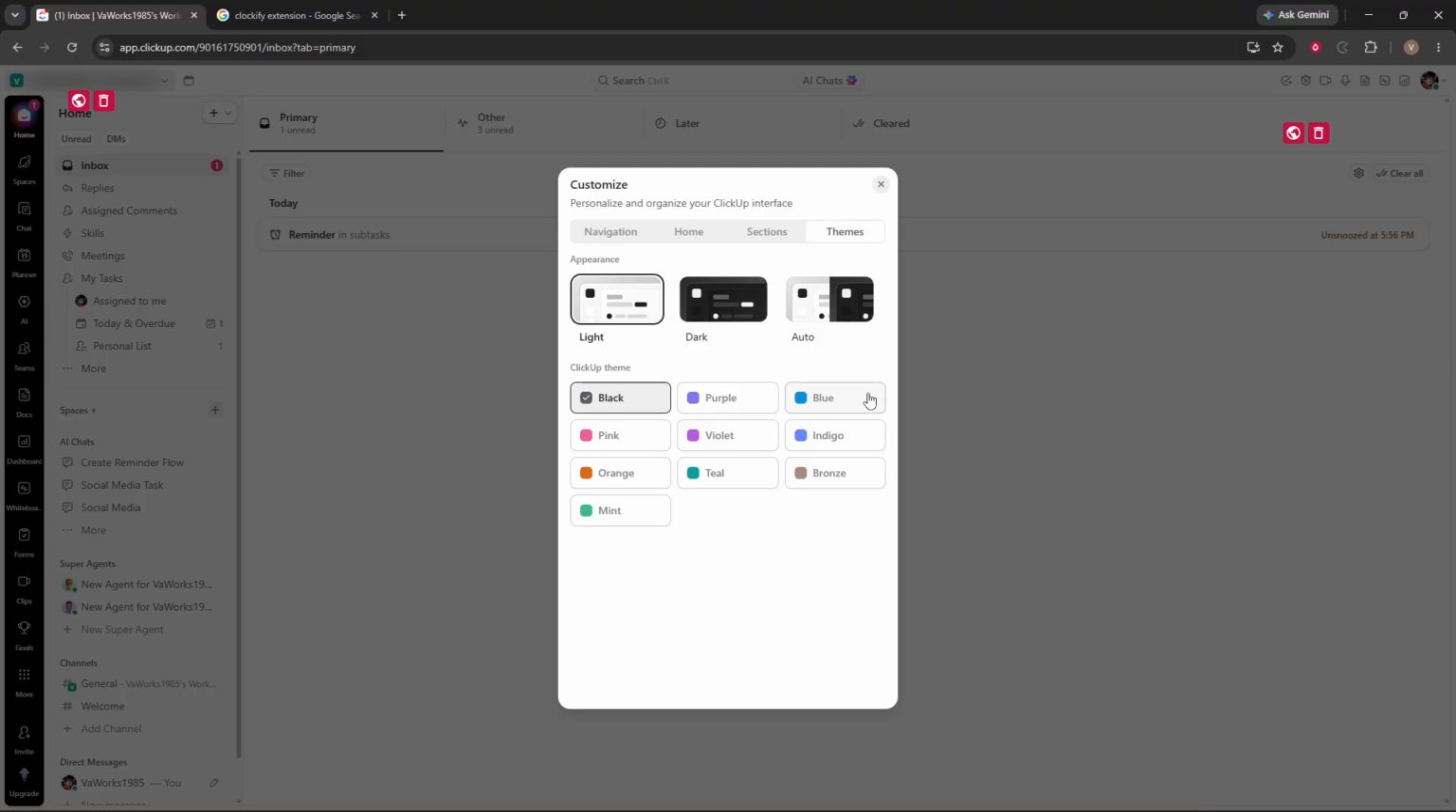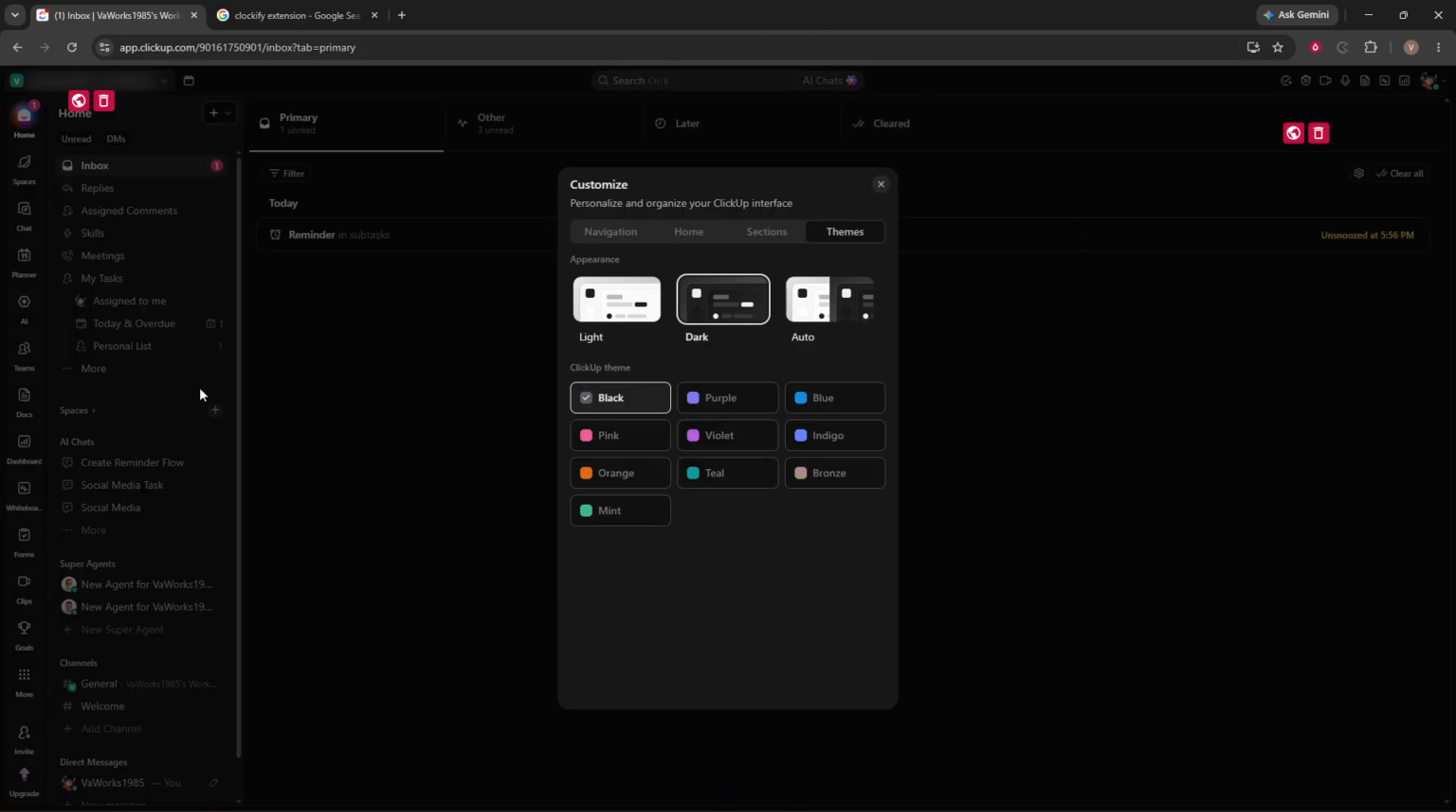Under the appearance options, choose dark mode. As soon as you select it, ClickUp will immediately switch the interface to a dark background with lighter text. You should see the change right away, which makes it easy to confirm that the setting was applied successfully. Dark mode can help reduce screen glare and may feel more comfortable if you spend a lot of time working